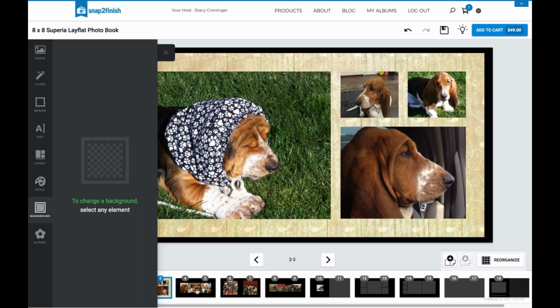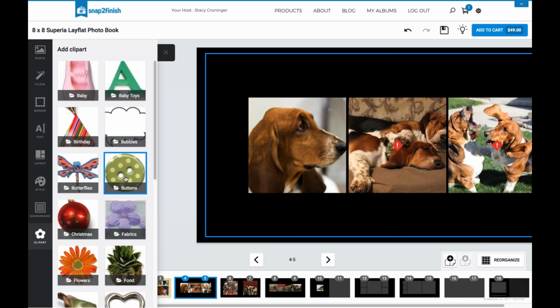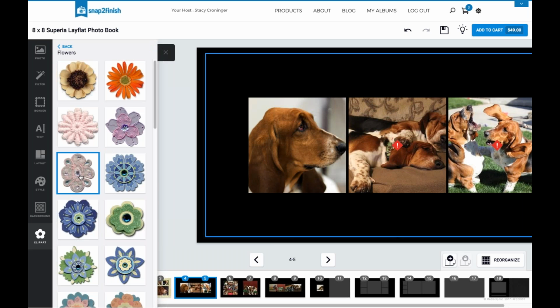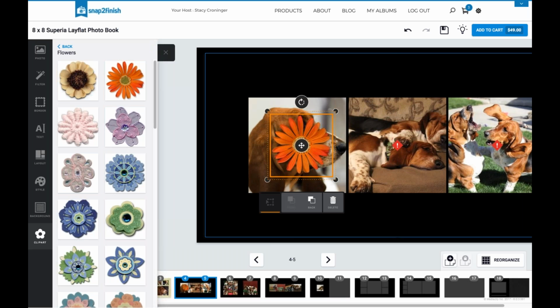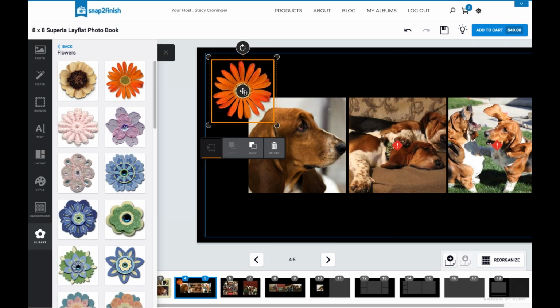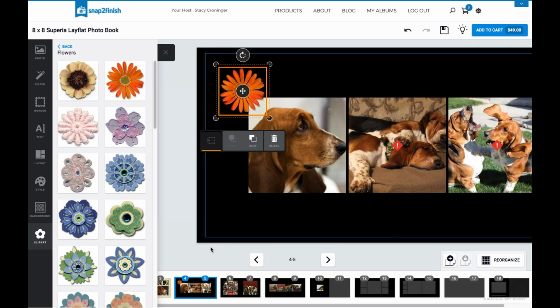There's also clip art. So let's say if I come to this page and I want to add some clip art, then I actually, there we go, there's my clip art. So let's say I want to add a flower to this because that little Hazel, she needs a flower. So I'm going to click on that. It drops it in, and then I can move it around to wherever it is that I want it. I can size it. So if I want it to be a little smaller, I can do that. And I can rotate it